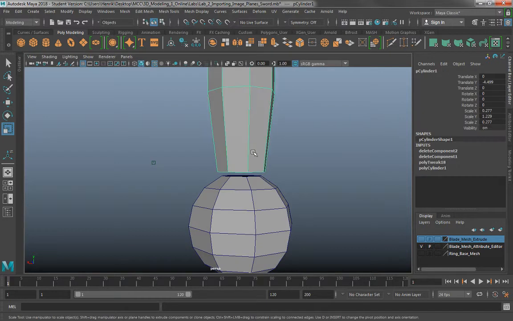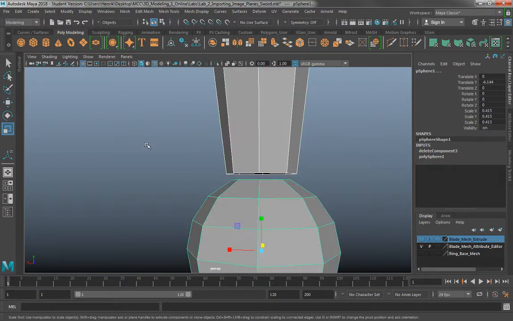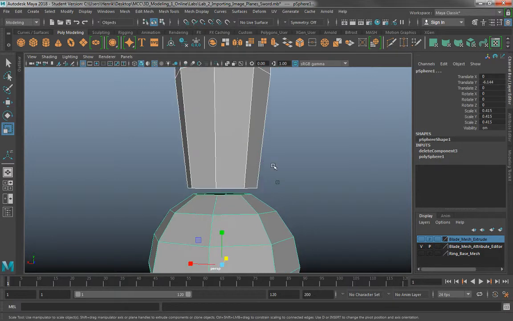I'm going to show you one way to do this. First I'll show you how to combine the objects, and then I'm going to show you a couple different ways we can merge vertices and make it one solid object. And then I'm going to show you how to check to make sure that it's actually merged properly and without any complications. So from here, I'm going to highlight, select one object, shift select my second object, and we're going